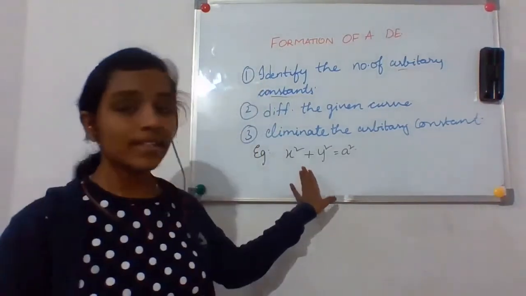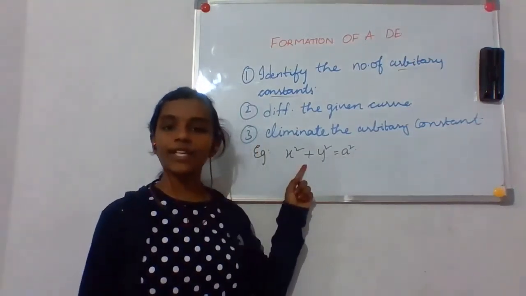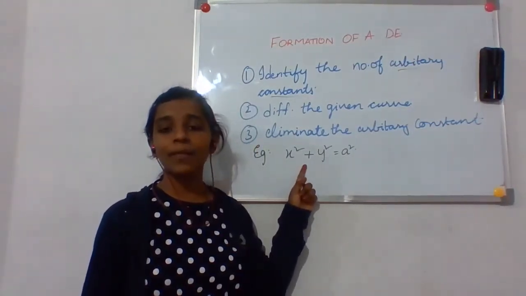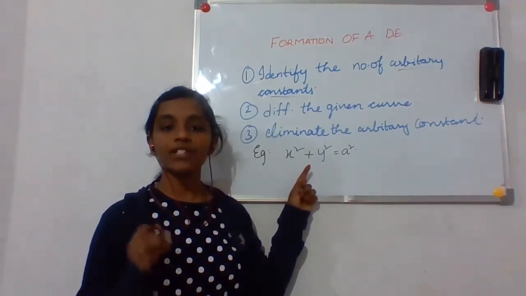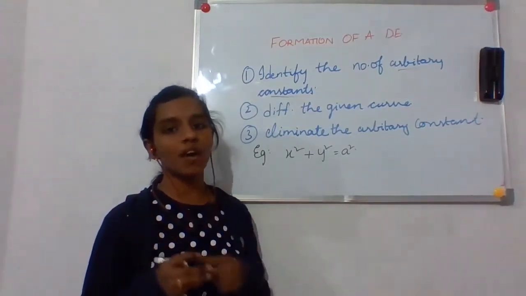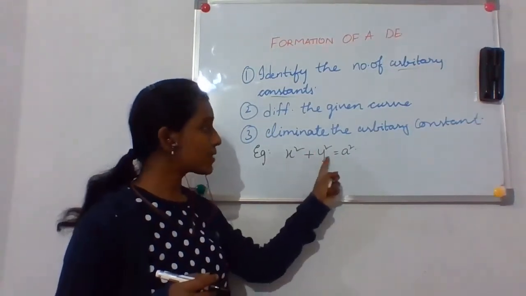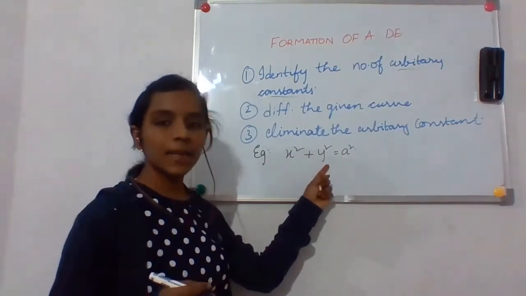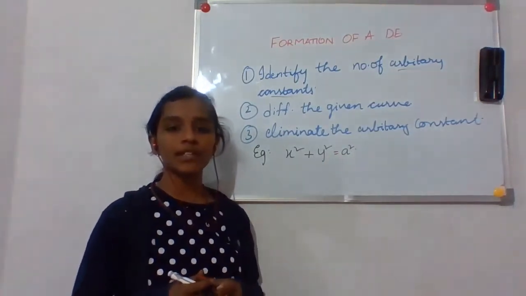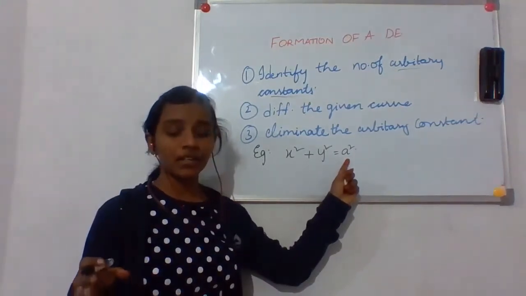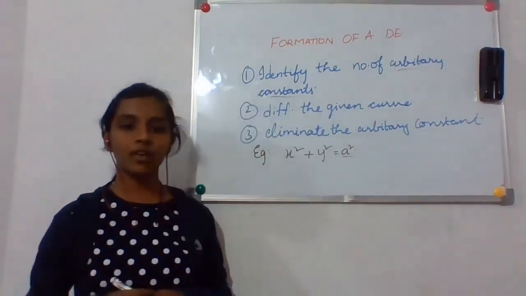So if I take this example here, x square plus y square equals a square. If you look at it, you can easily find what it is, right? It is the general equation of a circle having the origin as its center. Am I right? So here I have x square plus y square equals a square. x square and y square are variables, that is certain, and here a square is the arbitrary constant. Here you can write any constant. You can change the radius, right? This will be the radius of the circle according to the general equation.